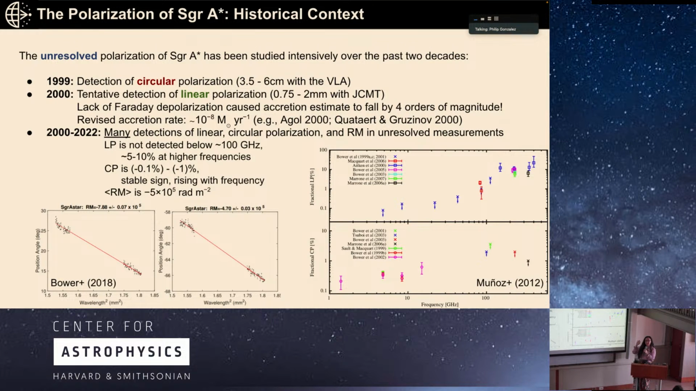But linear polarization is actually not detected below 100 gigahertz. It becomes more boomy at the higher frequencies, such as for the EHT. Circular polarization is always negative. It's stable in sign and increases with frequency. And the rotation measure always stays within this -5 × 10⁵ radians per meter squared number, but it is also